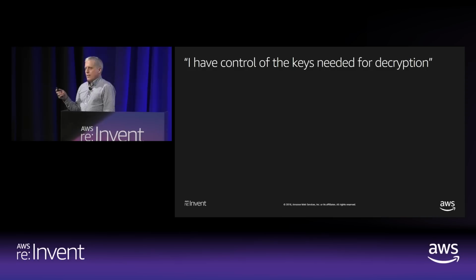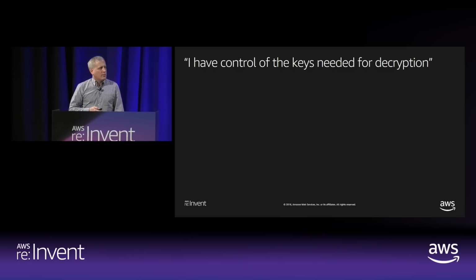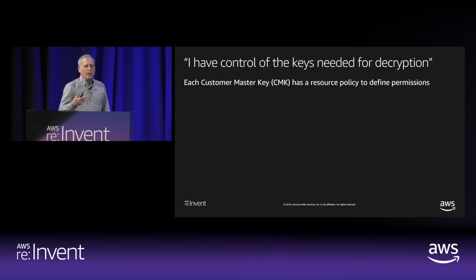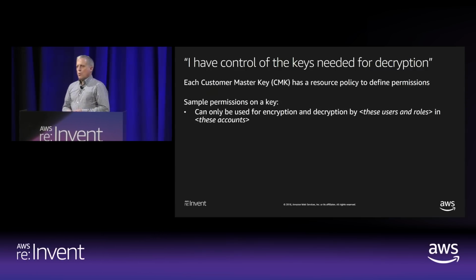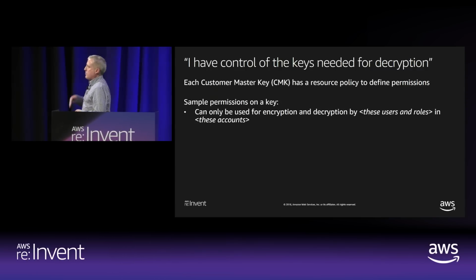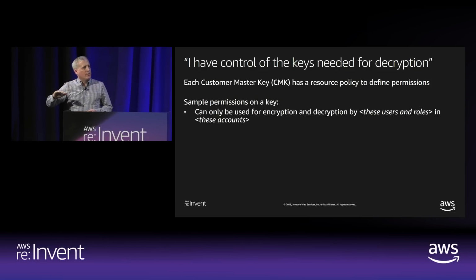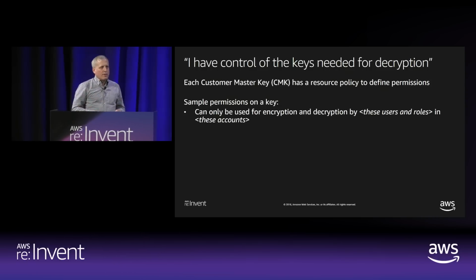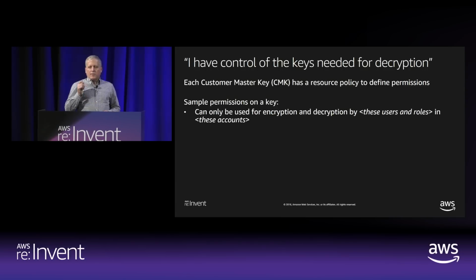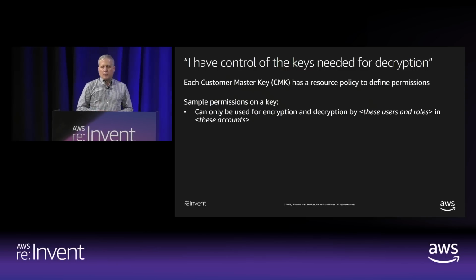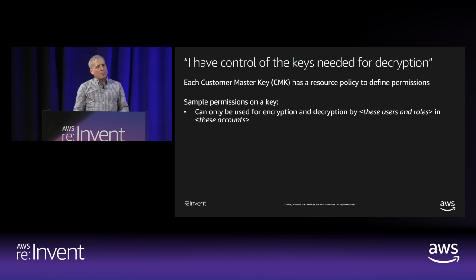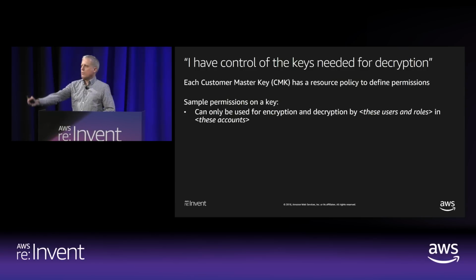Okay, so if you buy that the physical security of keys and the inability to compromise physical keys is fairly well designed, next question is, all right, how do I know who's going to use those keys? So, as I mentioned before, each CMK has a resource policy. It's called a key policy assigned to the key. What are the types of things you can express in a key policy using that principal, action, resource, condition semantic that Peter talked about? Well, you might say that these particular users and roles have the ability to use this key for encryption and decryption, either within the same account in which the key exists, or maybe some external account that belongs to another account in your IAM organization, or it could be an external account that belongs to a partner.